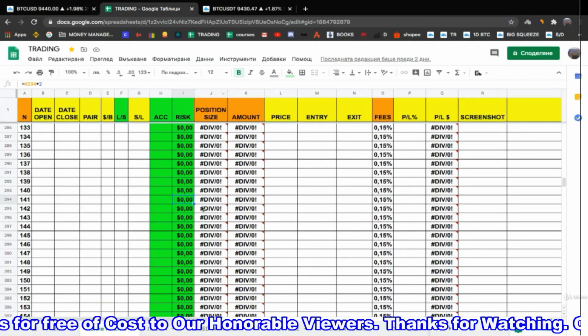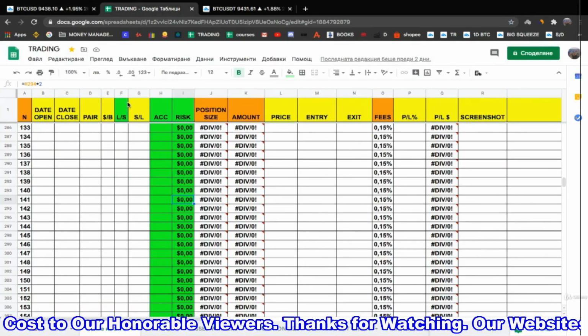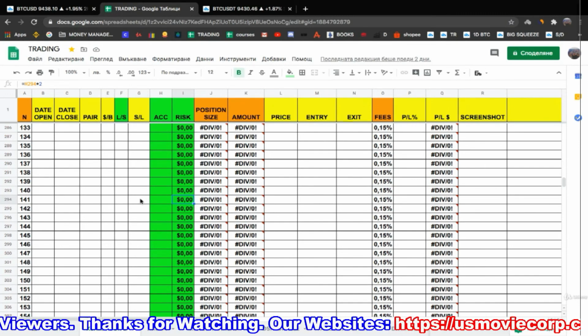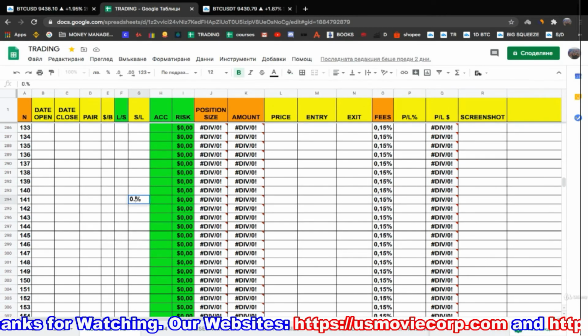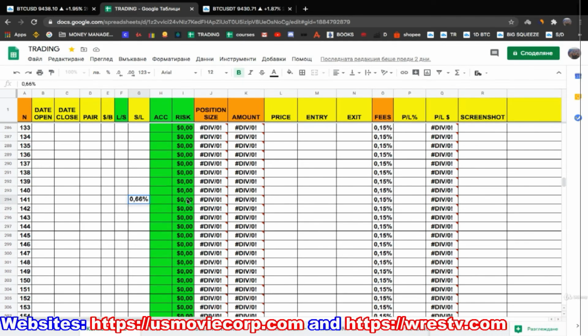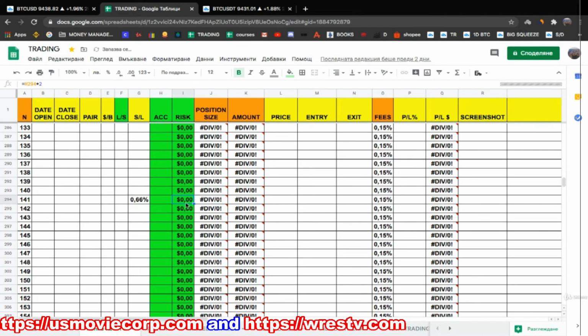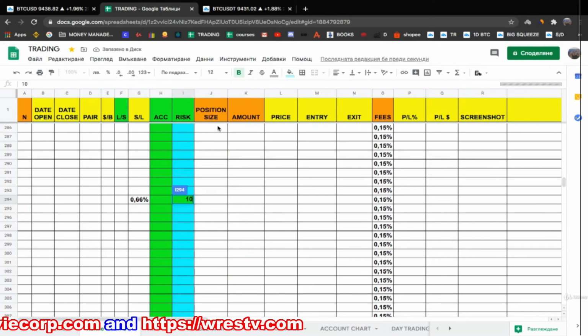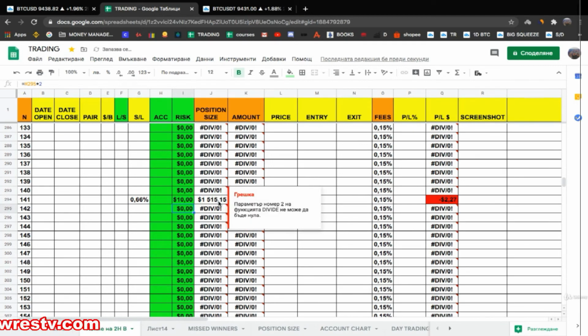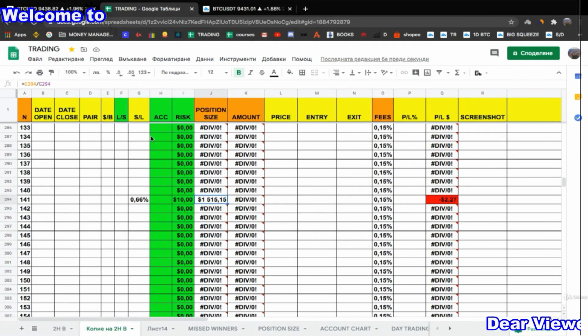Now I'll give you this spreadsheet, and here it's going to be much easier. Here you simply put your stop loss. This is one for stop loss. Let's say 0.66, and let's put here the risk in dollars, $10, and now you will see the position size will be automatically calculated. Bam. See, now you have the position size automatically calculated, so you don't have to do this manually.